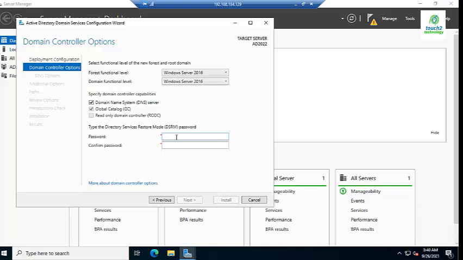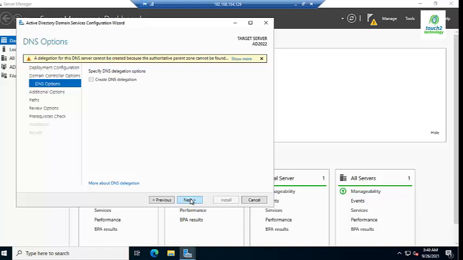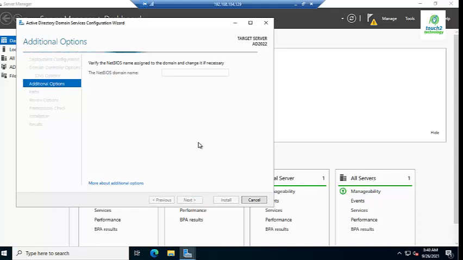Here is one option asking for the password for Directory Services Restore Mode. I enter the password for this mode, confirm the password, and click on next. No changes, then click on next. It is verifying the NetBIOS name.